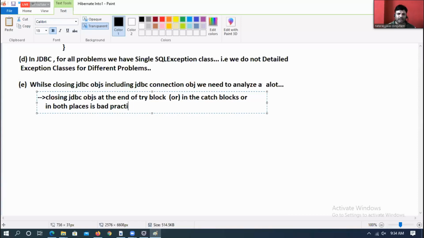Closing in the finally block, only one time, is a good practice.